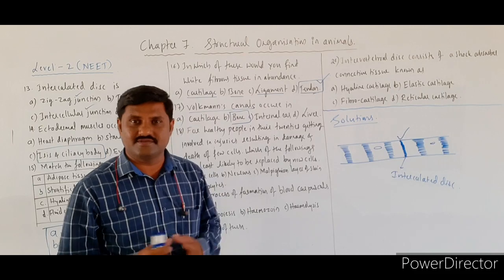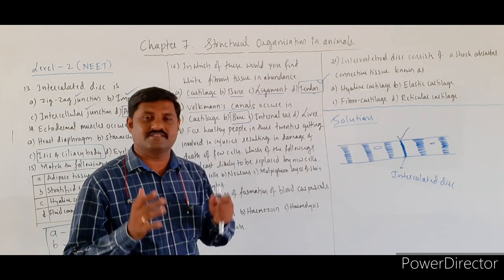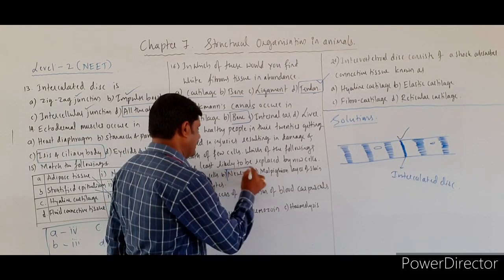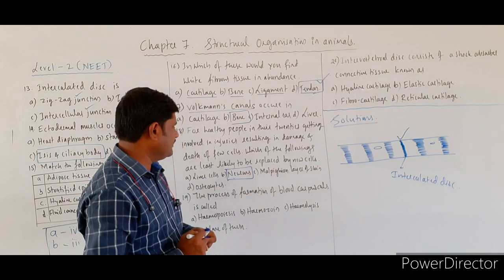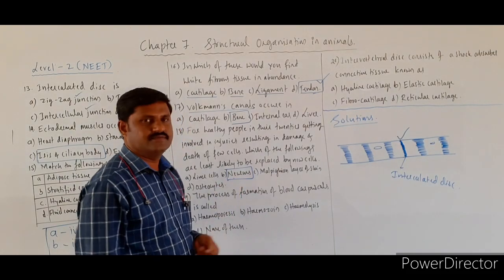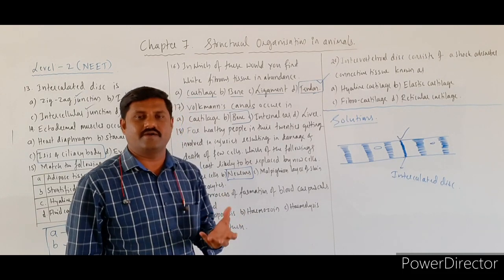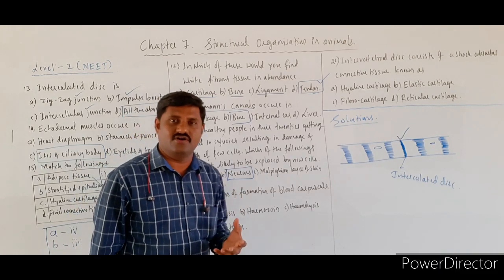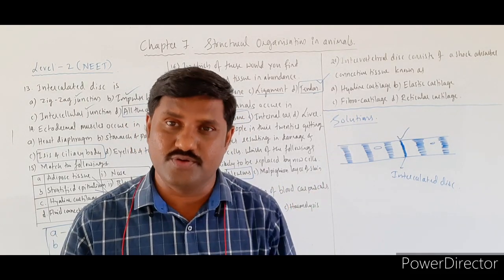Neurons, they do not divide themselves. That's why the number of the cells is too less. These are the specialized cells which are least likely to be replaced by new cells, right? That is the neuron. Why do they not divide themselves? Because of the absence of one of the cell organelles responsible for the formation of the spindle fibers during the movement of the chromosomes to both the poles.